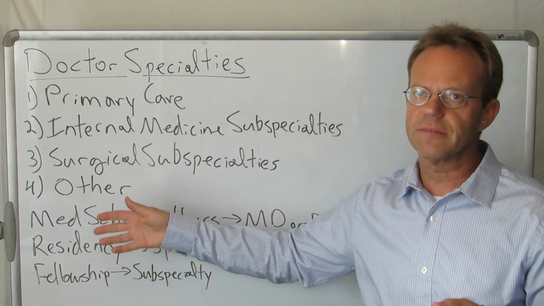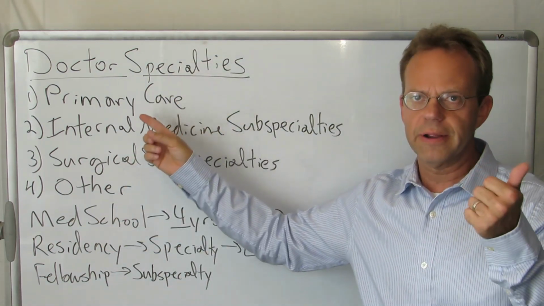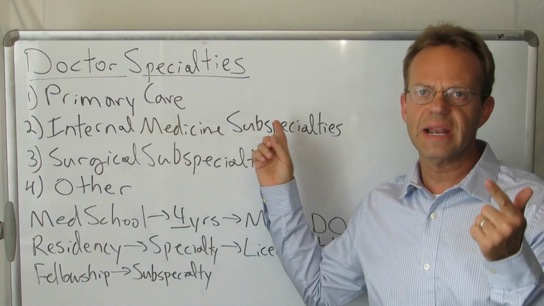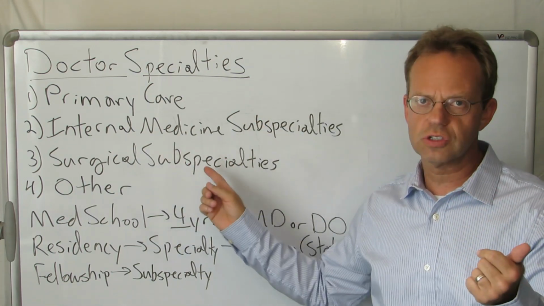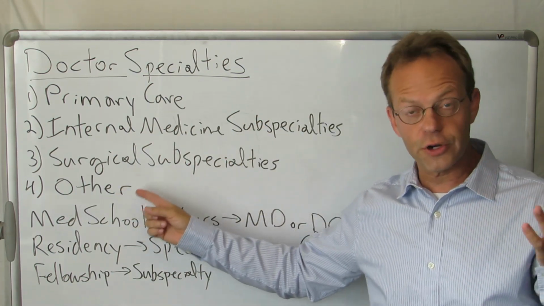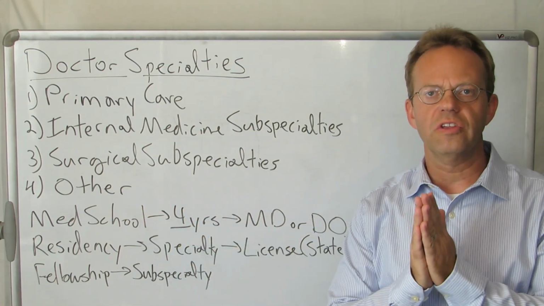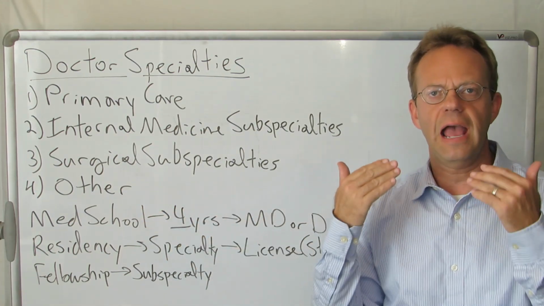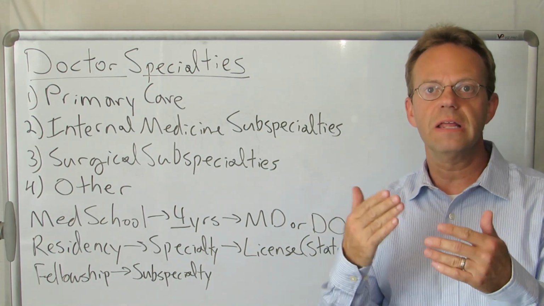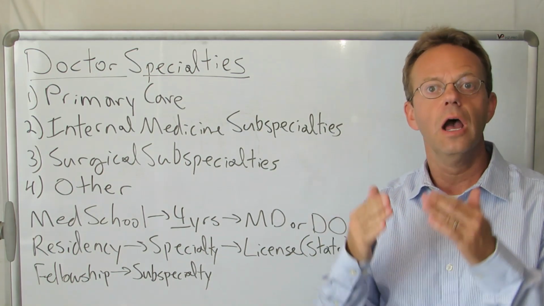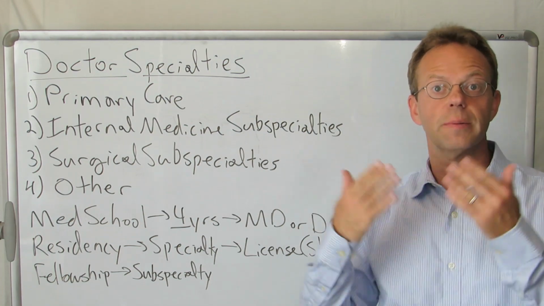So I'm going to break them up into four big categories: primary care physicians, internal medicine subspecialties, surgical subspecialties, other, which is sort of a catch-all. And then in order to understand all these specialties, we need to understand how physicians are trained. So as many of you know, after completing undergraduate, in order to become a doctor, you have to go